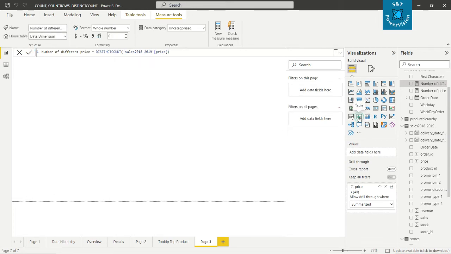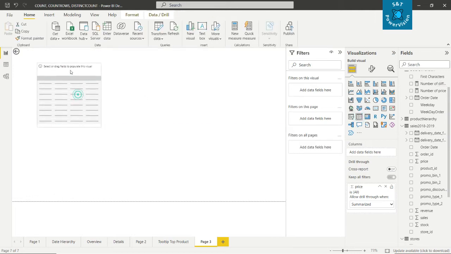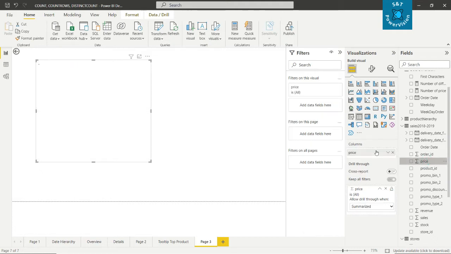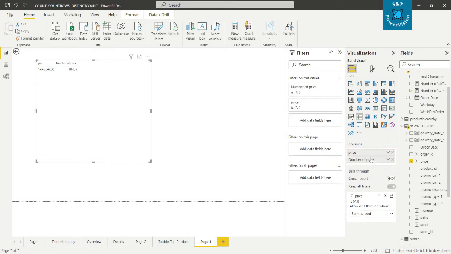Now take a table here. In this table we'll move the price and number of price. The number of price total is 86035, and this is the price.